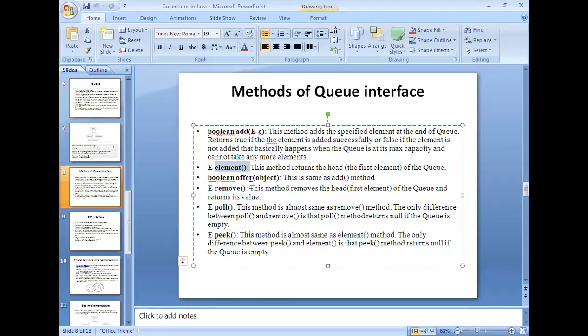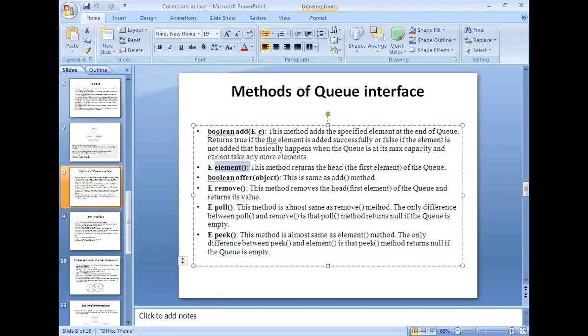I am not talking about priority queue here. We will see the functionality of priority queue while discussing the example on the priority queue. These are the general methods which are available in the queue interface. Hope I am clear. Is it okay or not?